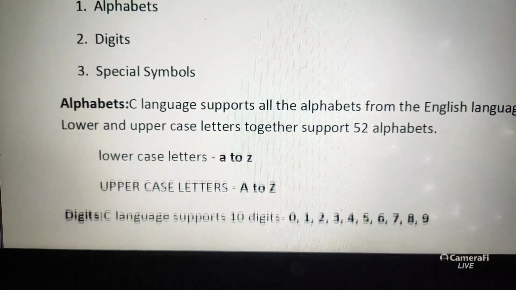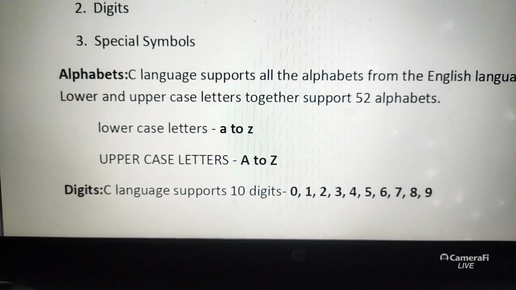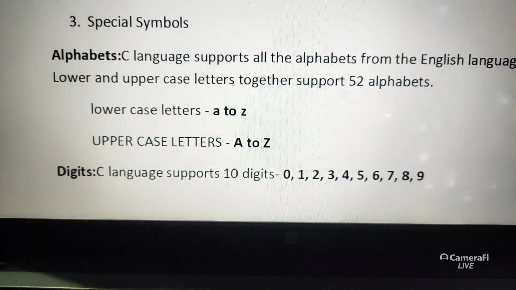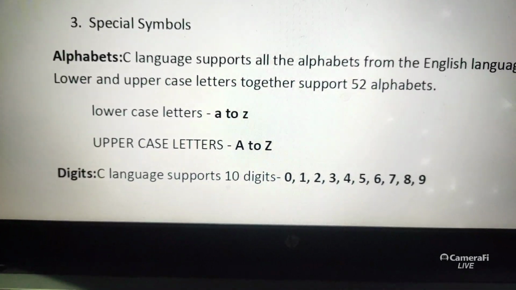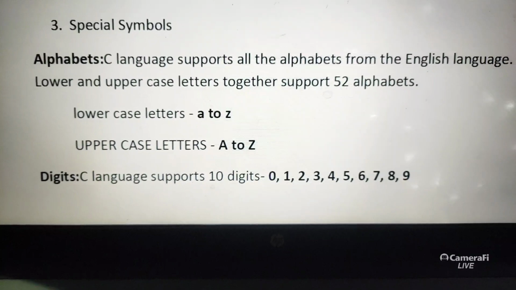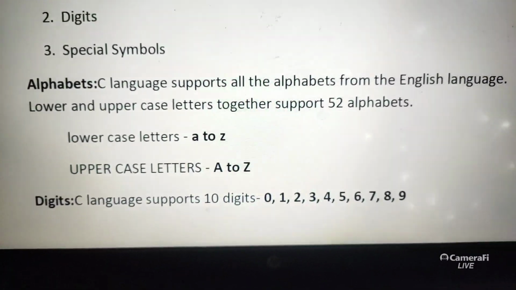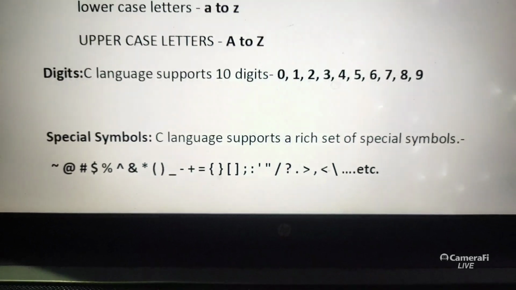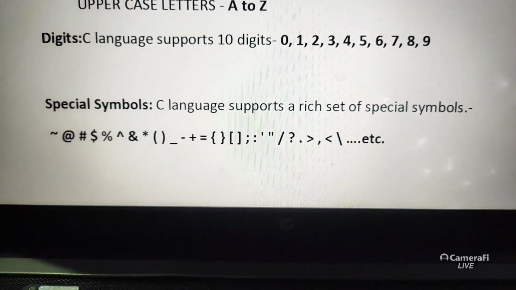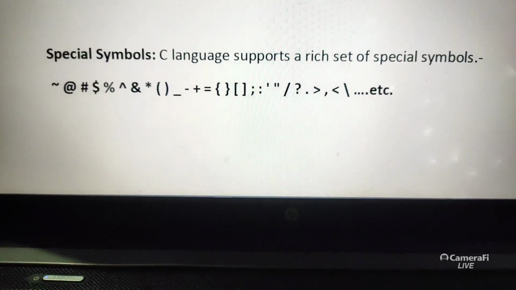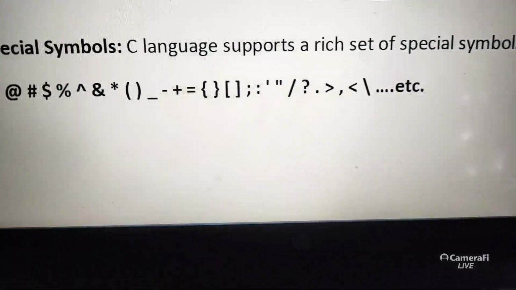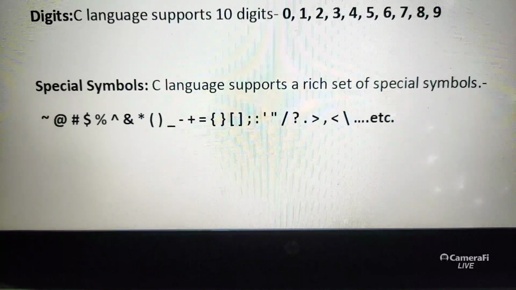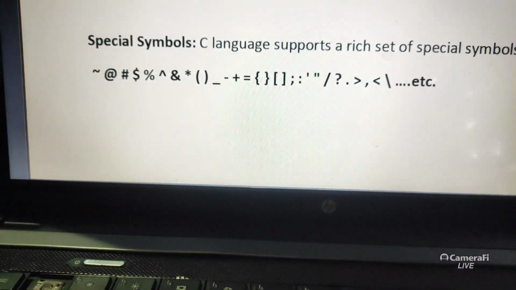Alphabet means we can use small a to z, and sometimes we could use capital also. 99% lowercase, 1% capital we can use. So both letters are valid in the program. Digits 0 to 9, 10 digits we can use, and all the symbols wherever necessary. Hash include, we are using curly braces, round brackets. More operators, more symbols we will be using in the future.